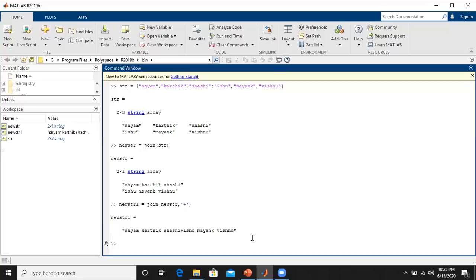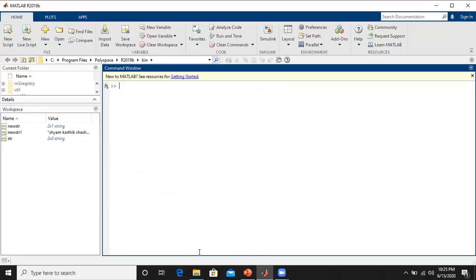Now we try to find out the ASCII codes of the characters, right? So here I just type capital letter A, then plus A. So what is the answer that you are expecting here? I will get 130. So that means capital A has the equivalent ASCII code of 65. So there is 65 plus 65, then we get 130. So we can also try for small a or some other letters also. So I'm going for small a here.